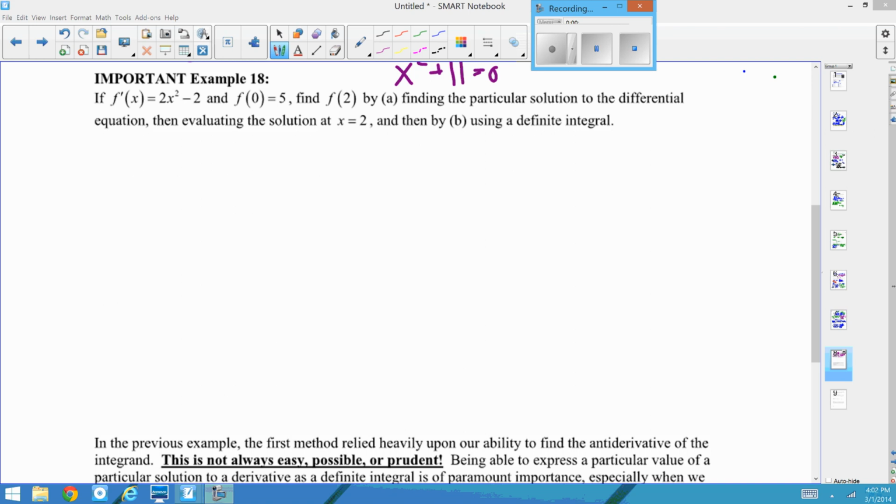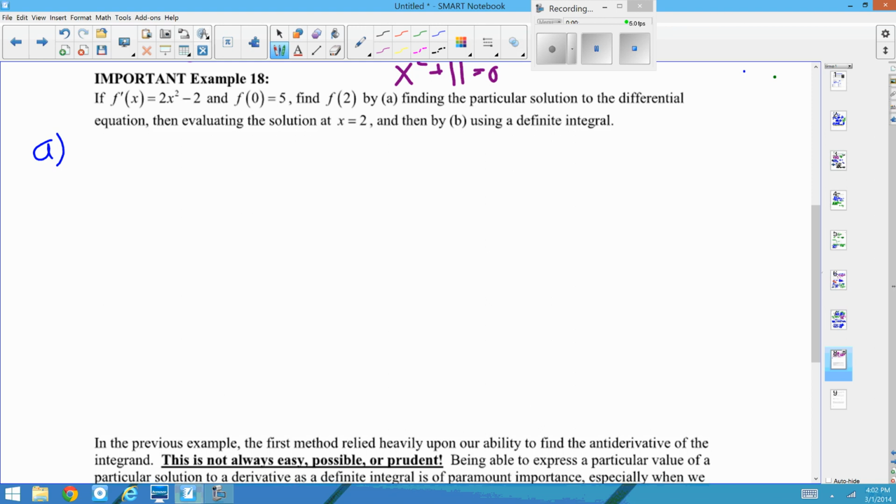All right, example 18, not just any old example 18, this is the important example 18. So I'm going to show you the connections of what we did before to what we're doing now. All right, so before, for this problem, we would have taken the antiderivative, and we wouldn't forget our plus c, and then we would plug in this value,